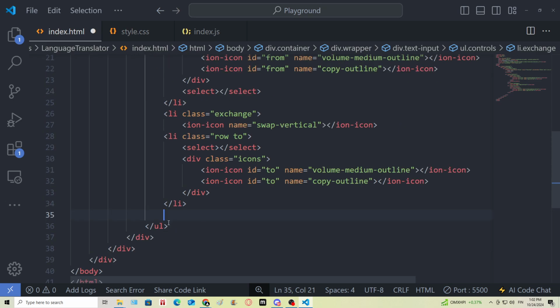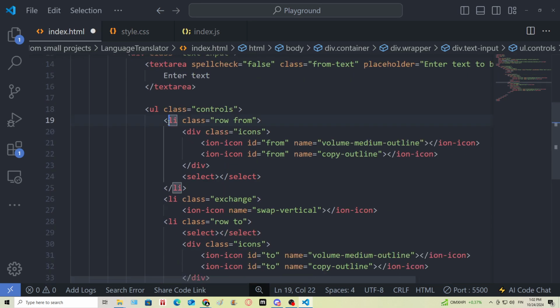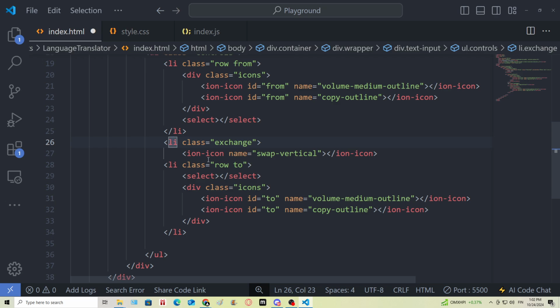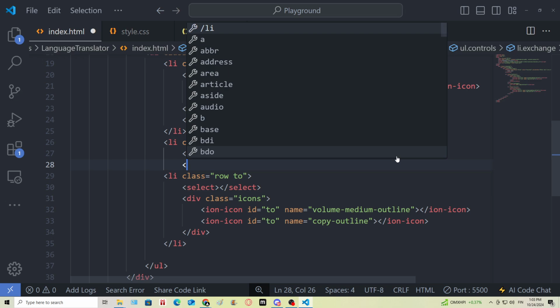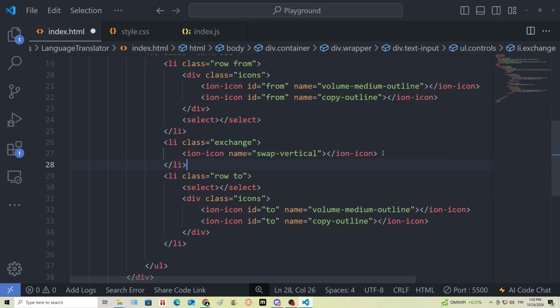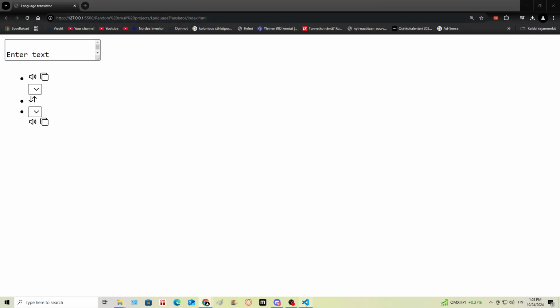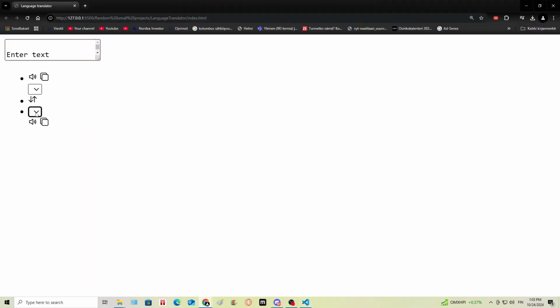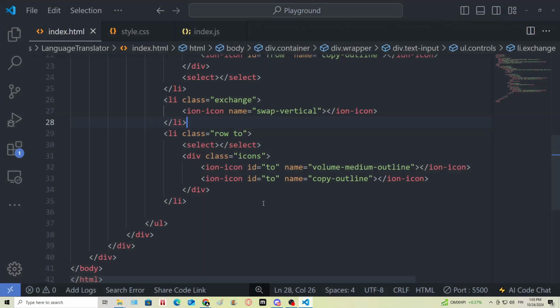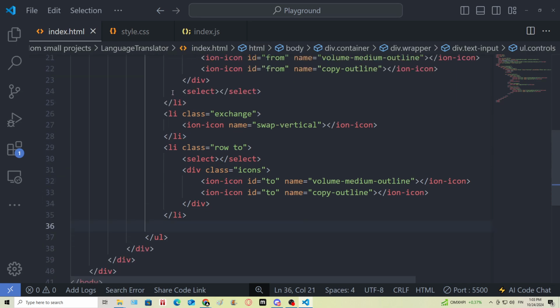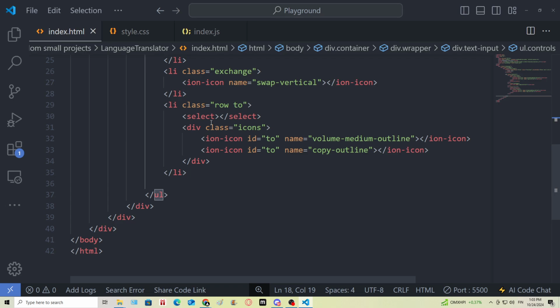What's going on right now? Get the unordered list. That is closed. We are missing a closing element. Oh my gosh. Was that it? Okay. Well, if it was, that's good. Let's see. Okay, I don't see anything bad going on. Okay, let's go ahead and we also have a closing for the unordered list. Yep. I'm gonna create a